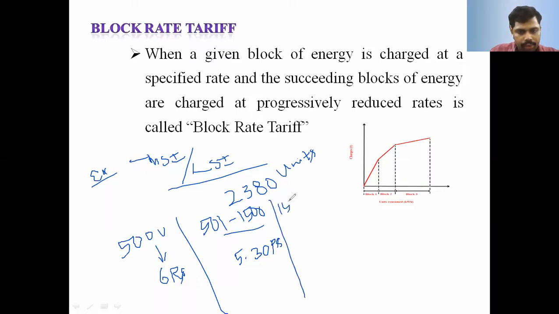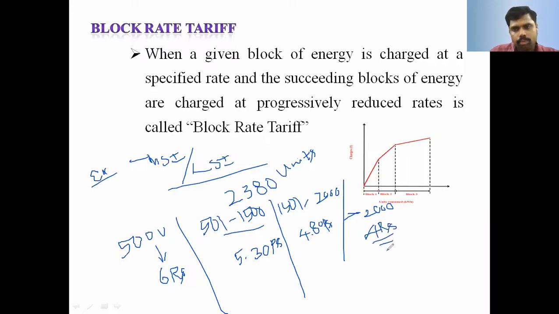And 1501 to 2000 units, they are charged 4 rupees 80 paise. And for greater than 2000 units, that is whether they utilize 2500, 3000 or 3500 units, they are charged only 4 rupees. They can utilize n number of units greater than 2000, either 3000, 3500 or 4000, 4500, and they are charged only 4 rupees.